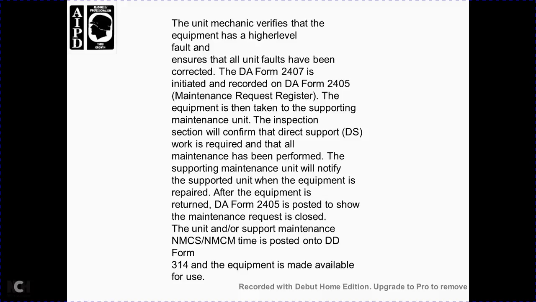Supporting maintenance will notify the unit when the equipment is repaired. After the equipment is returned, the DA Form 2405 shows the maintenance request for the unit and support maintenance. The non-commissioned officer posts the DA Form 314, and the equipment is made